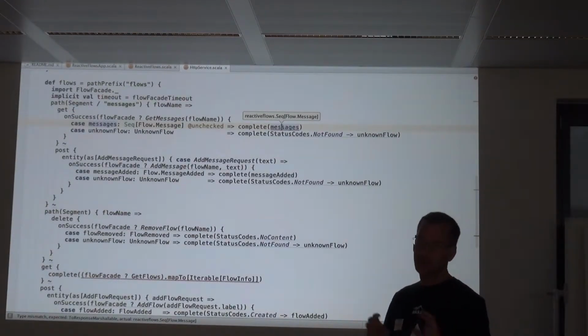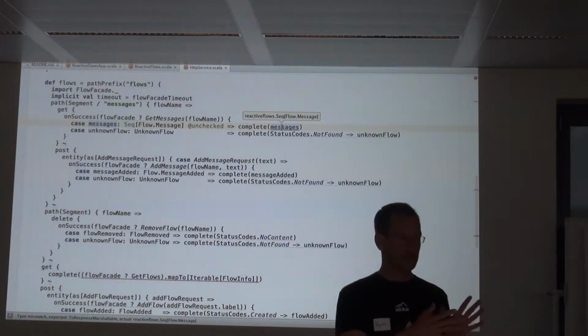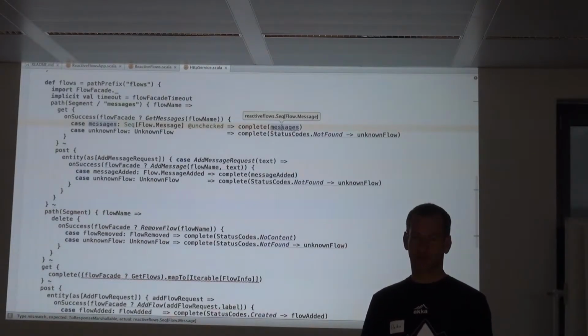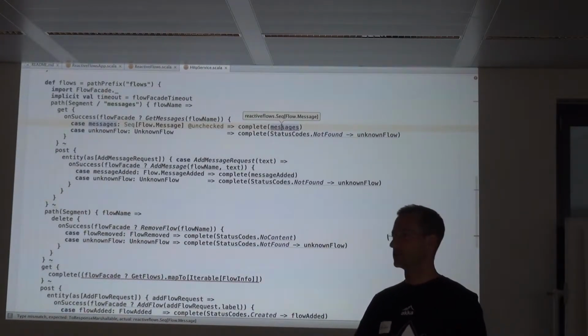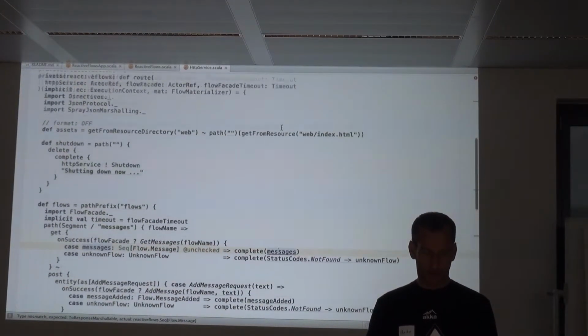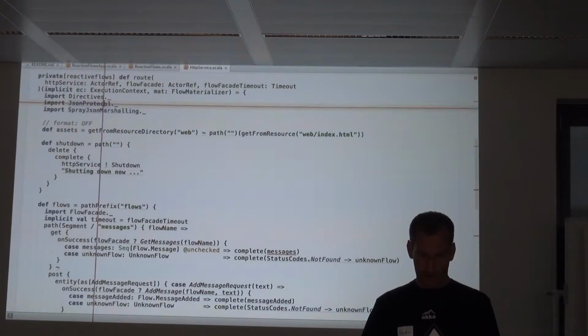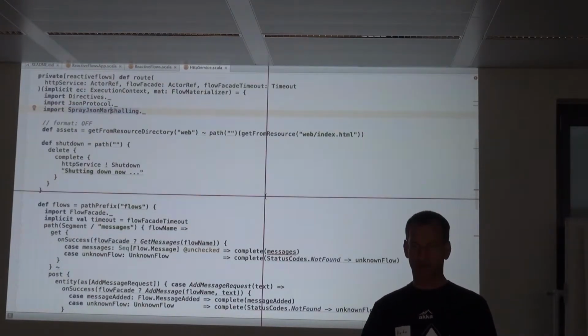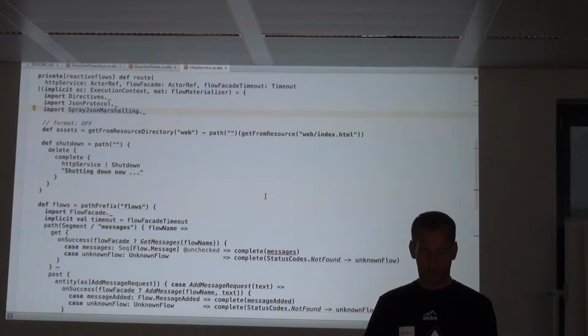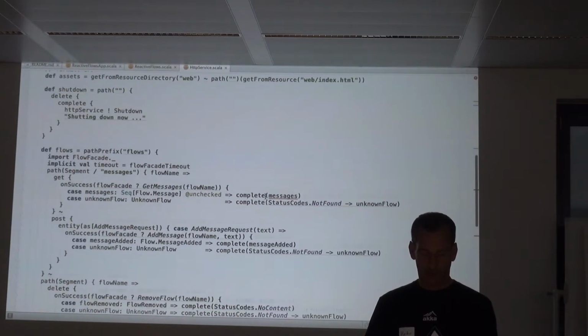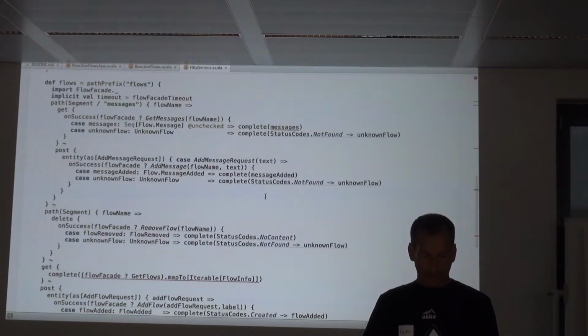So the question is, how can we complete a request and send it via HTTP if it's a Scala object? Well, there needs to be some marshalling. It needs to be marshaled to whatever format we want to use, and of course we want to use JSON. There's a whole JSON machinery which gets imported here via implicit conversions: JSON protocol, spray JSON marshalling, all that stuff. That just makes it seamless. I don't want to really dive into the details here. And then there are other ways.